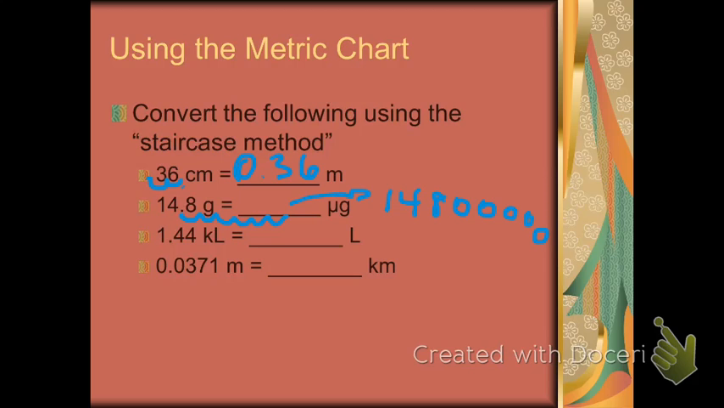What you need to do now is pause this, and try the other 2 on your own, and then turn this back on and check your answers. Okay, so going from kiloliters to liters, it's going to go from kilo to the base unit of liter. That's 3 steps. And so the answer is,